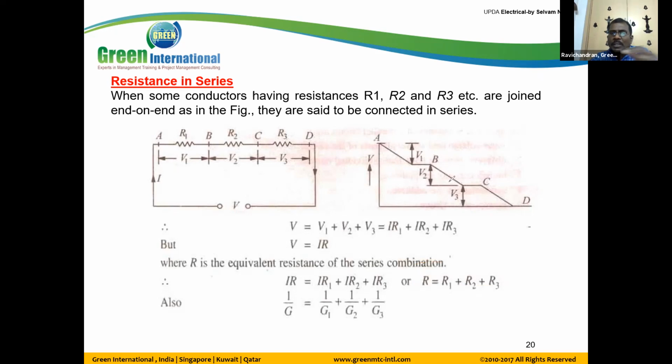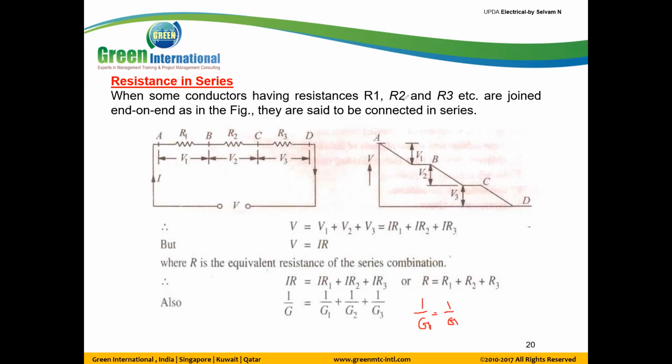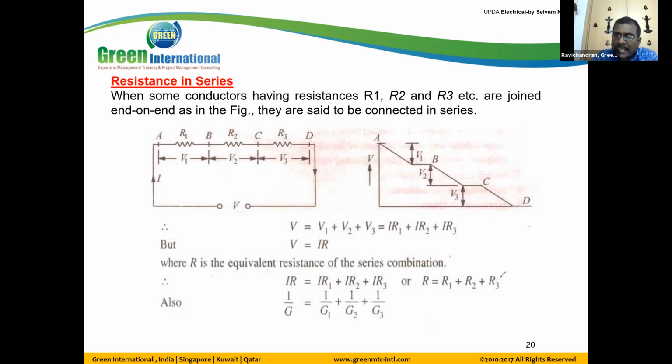And we know the reciprocal of the resistance is G, conductance. So it is a mere addition. It is not an inverse addition. Because we have some confusion by using this formula, we will discuss it at the problem. At present, we forget about this formula. Just remember this formula.